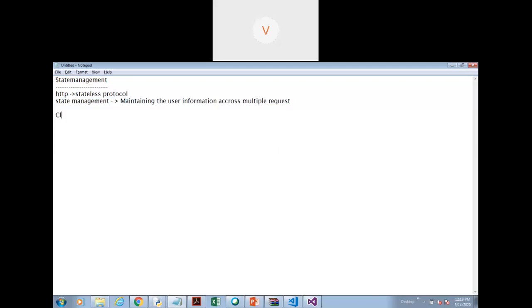That means maintaining the user information across multiple requests. And I also told you that there are two ways of doing this state management. One is client side and one is server side. Do you remember now? One is client side and the other one is server side. So what is client side state management?